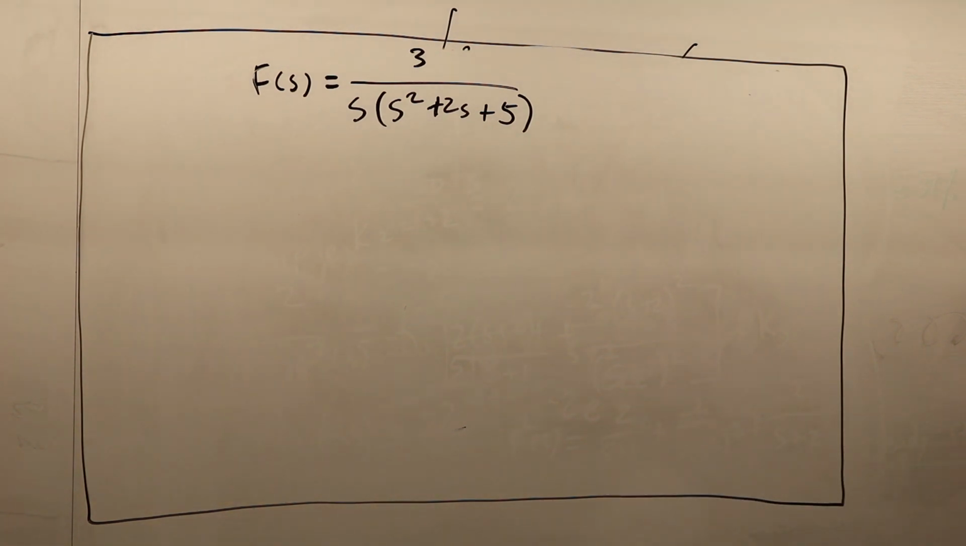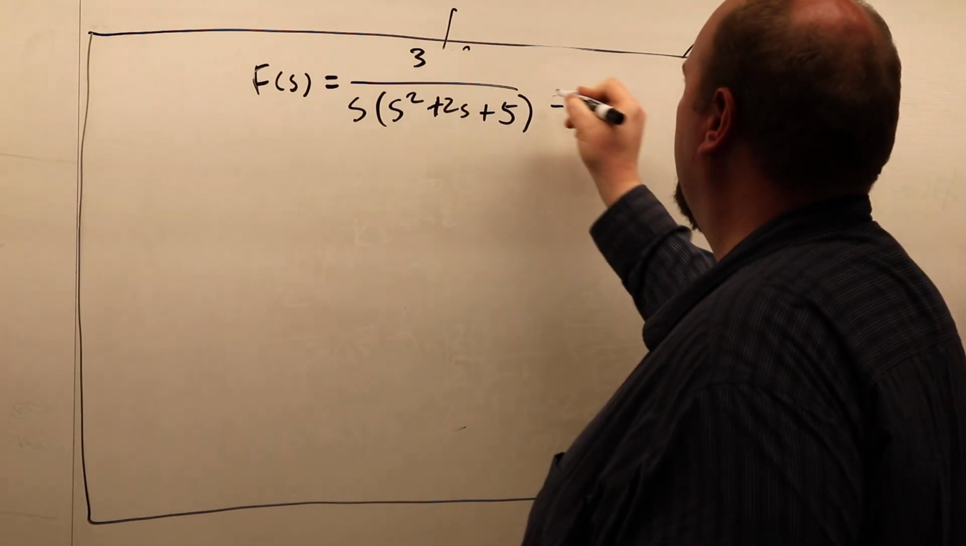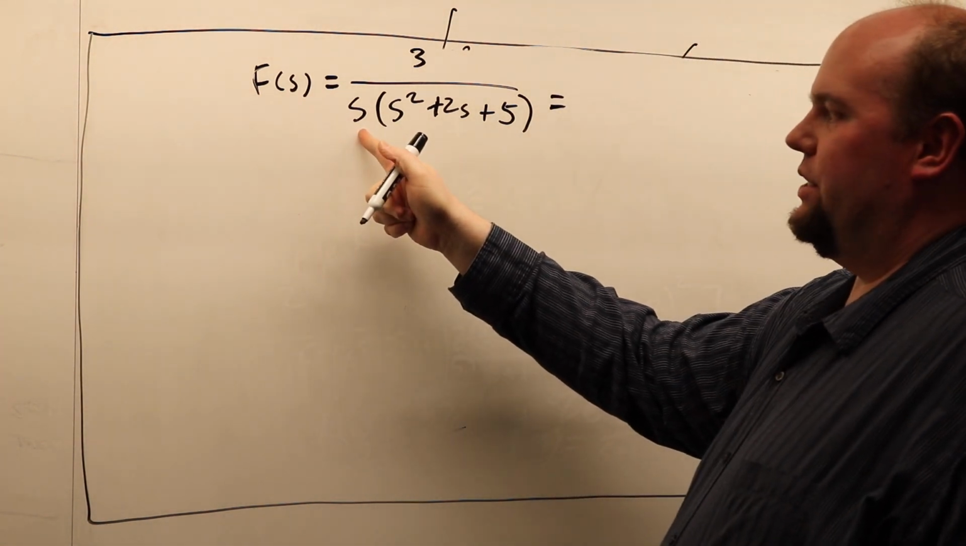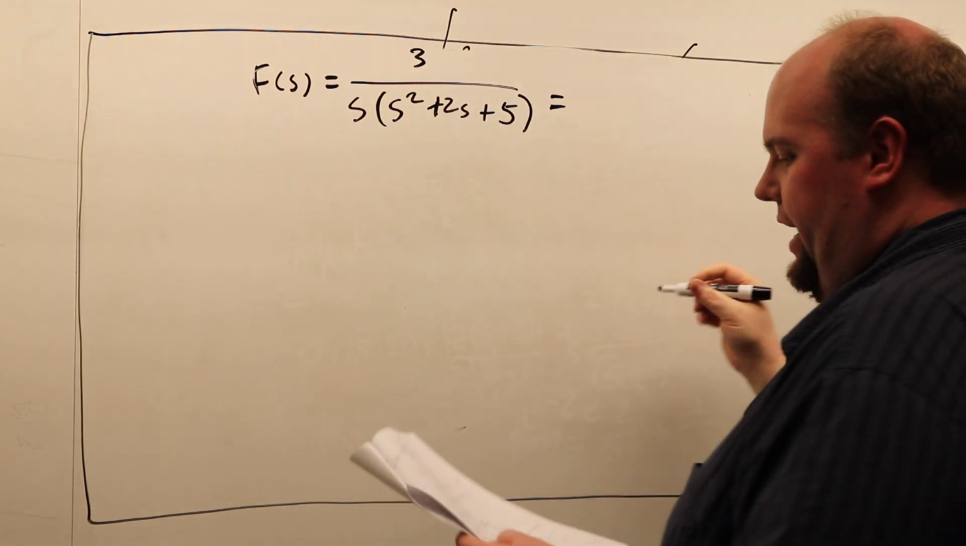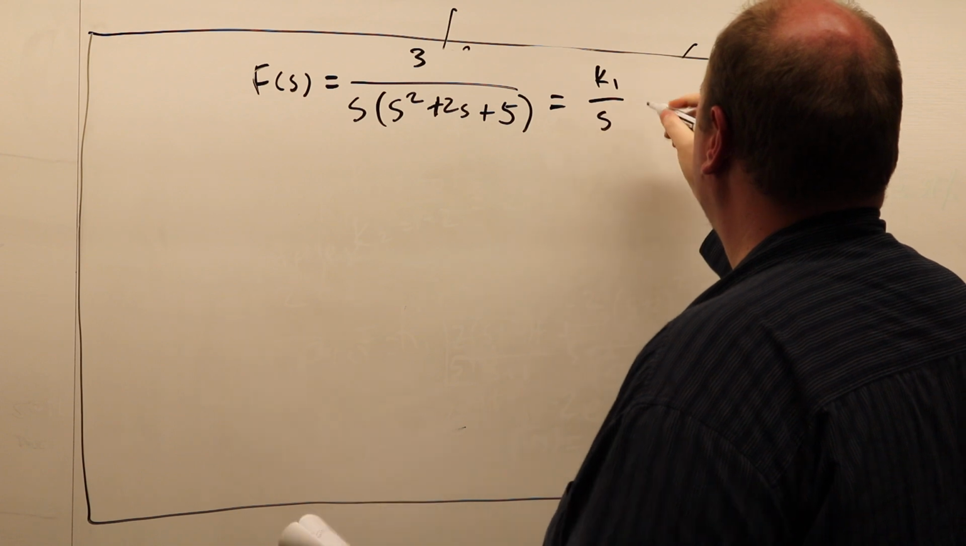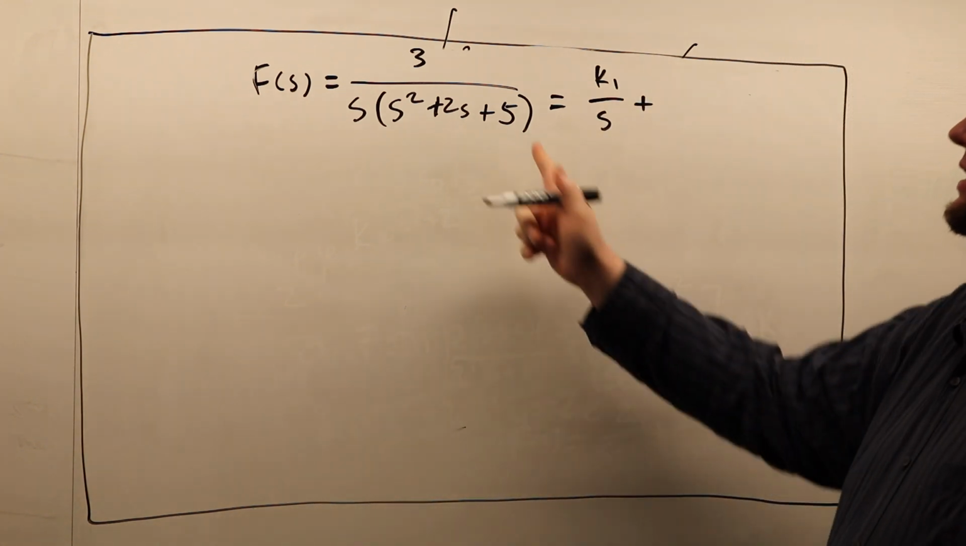So how do we choose the form? Again, we're going to pick a general form for this solution. We're going to assume the solution can take a general form. In this case, we have our s equal to 0 root here, so we're going to have k1 over s. And now for our complex